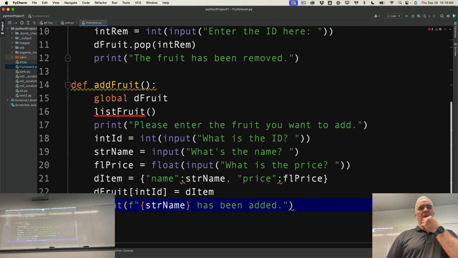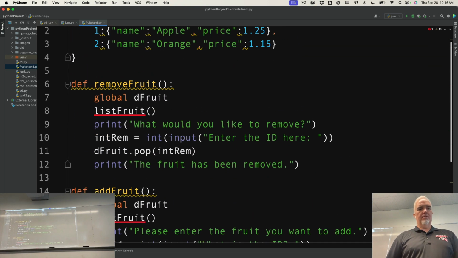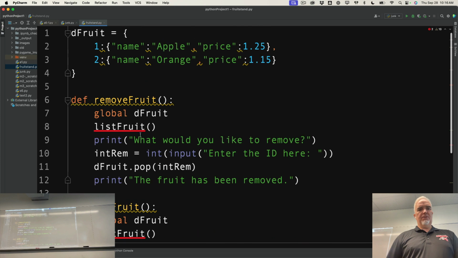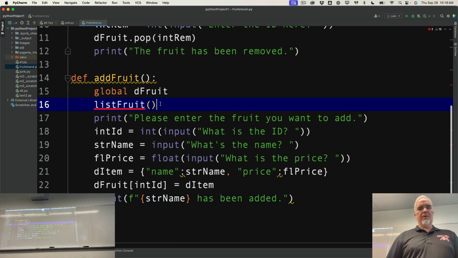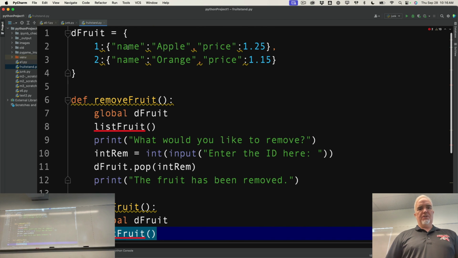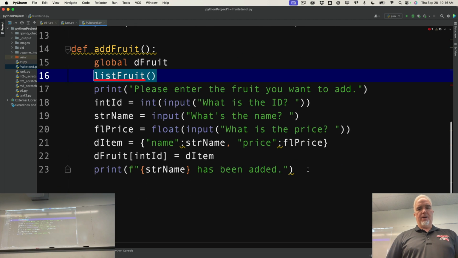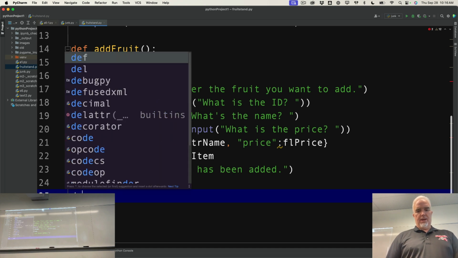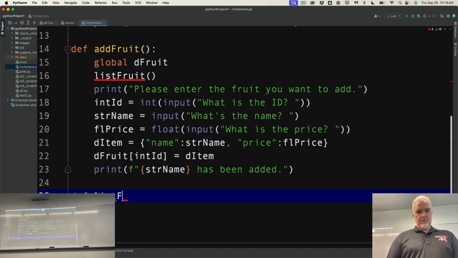Okay, so there we go. I've got these two defined. Now all I have to do is this little baby here, list fruit, which is going to just print out the fruit the way I want to. So let's do that quick. def list_fruit